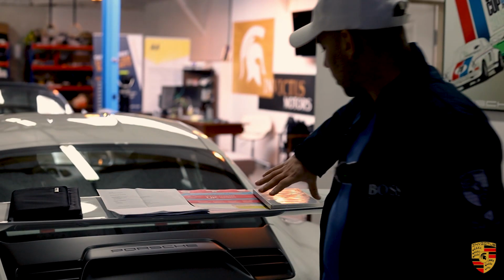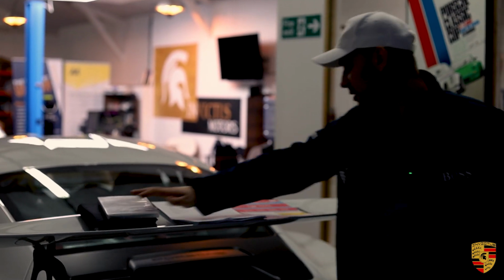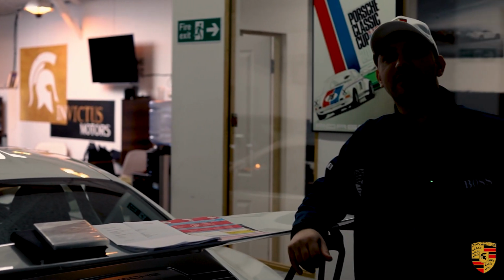You get the handbooks with the navigation CDs and all the relevant paperwork for this Audi. So if it's something that you're looking to purchase,